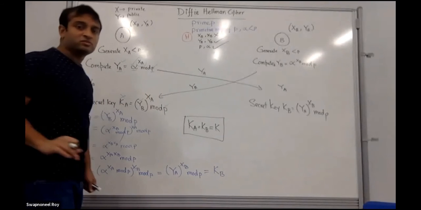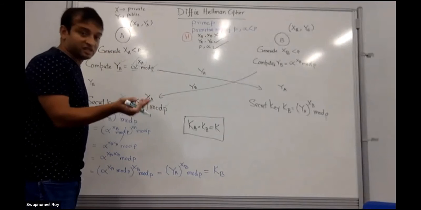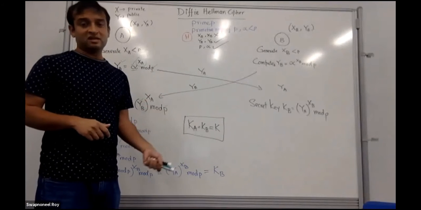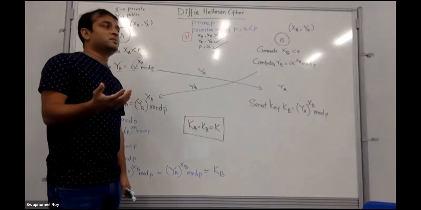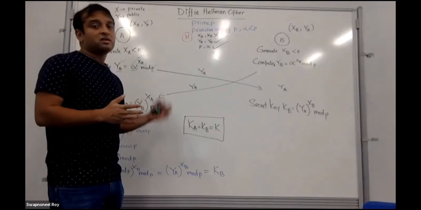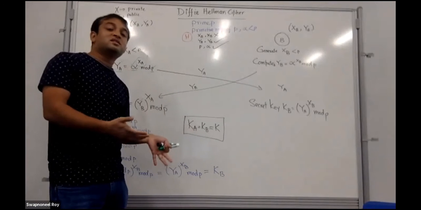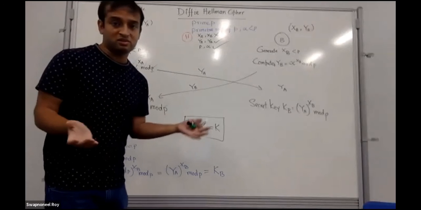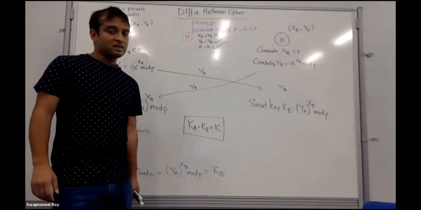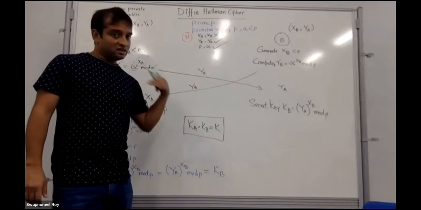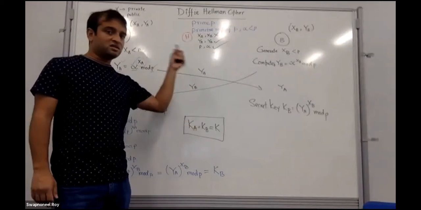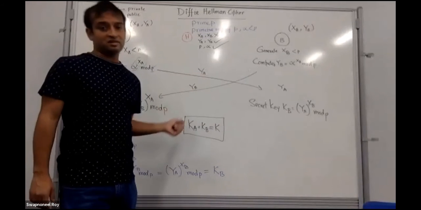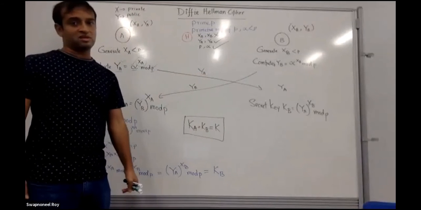Alright, but if we assume the hacker somehow gets an old key. Most of the time, these are called session keys. If you initiate a new session of communication, one step of this is done, and then the key is generated. The key remains as long as the session goes on, and in the session you use symmetric key encryption to communicate with your receiver. Once the session ends, the key is discarded. The next time you want to start another session, this has to be done once. You Diffie-Hellman the secret key between the two parties, and then you do a new session.